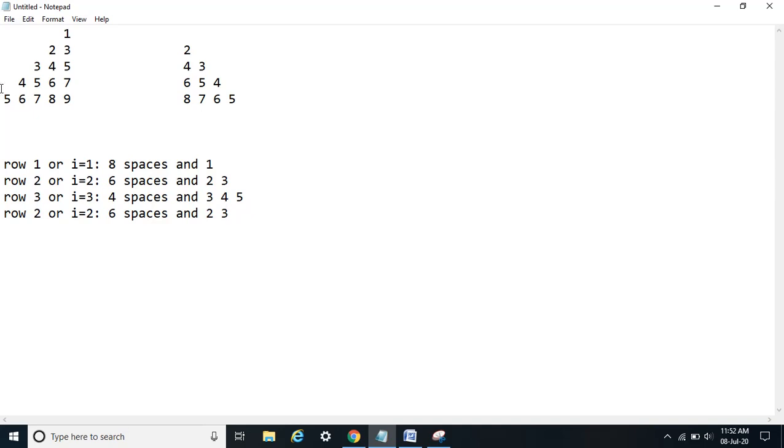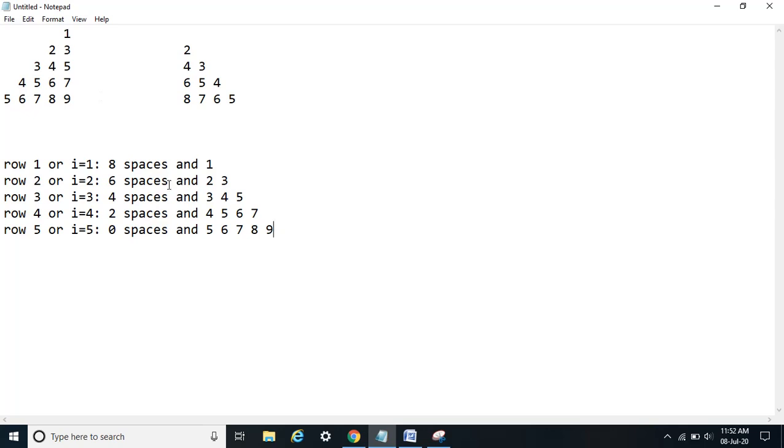Similarly in row 4, I have 2 spaces and then 4, 5, 6, 7. And in row 5, or I equals 5, I have 0 spaces and then 5, 6, 7, 8, 9.